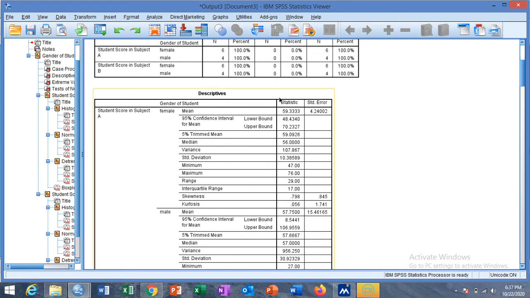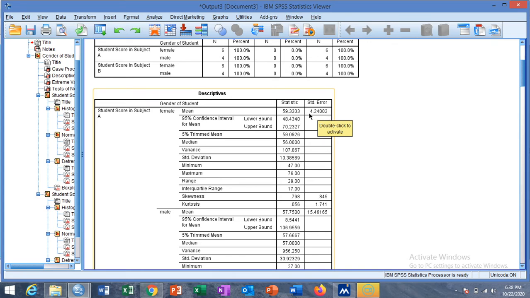You will see the mean and standard error. Both of these values are used in most publications. You will see 59.3 plus or minus 4.24, or 59.3 plus or minus 2 into 4.24, as 2 is the approximate value of z or t, obtained by the method I already described.